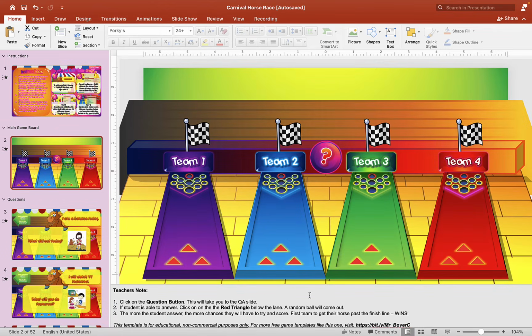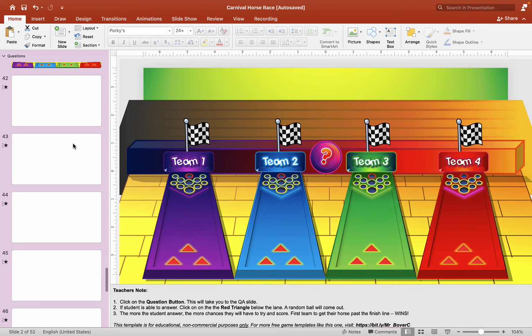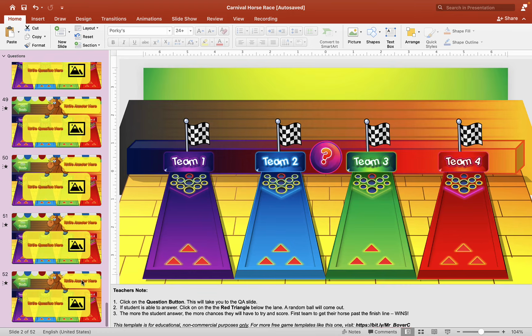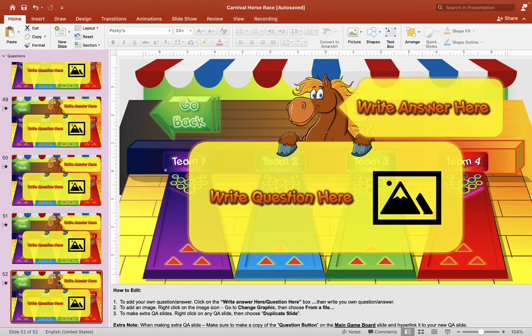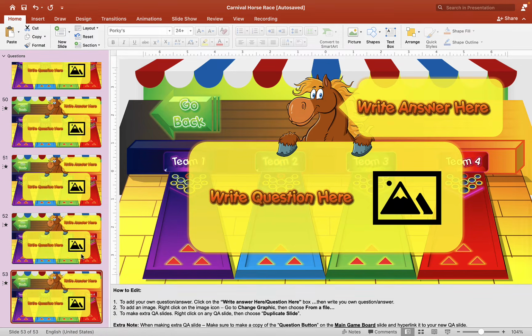And if you want to make more QA slides, it's quite simple. You want to select any QA slide you want from here, from the left side. Maybe your PowerPoint is set up a little different than mine, but just click on one of the slides here. And you want to right click on it and go to duplicate slide like this. So now we have slide 53 here. And now we can